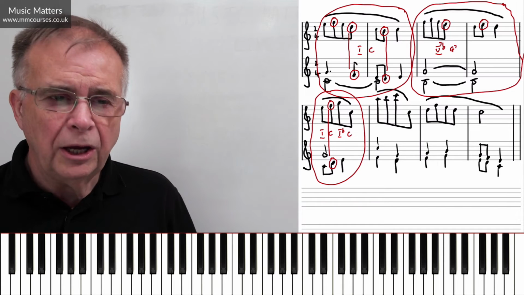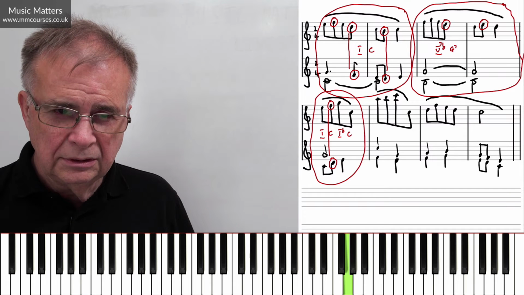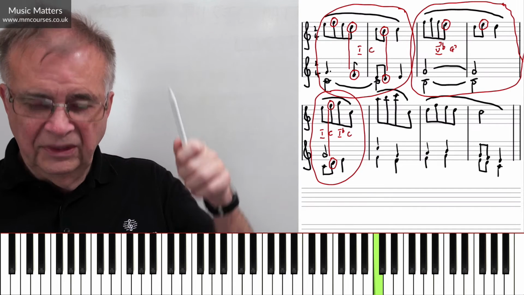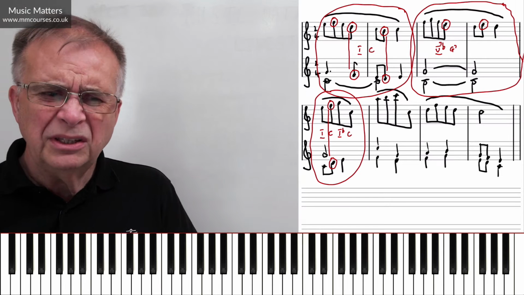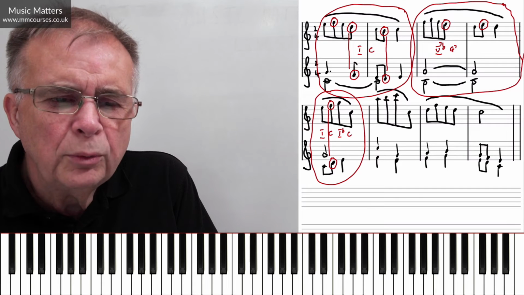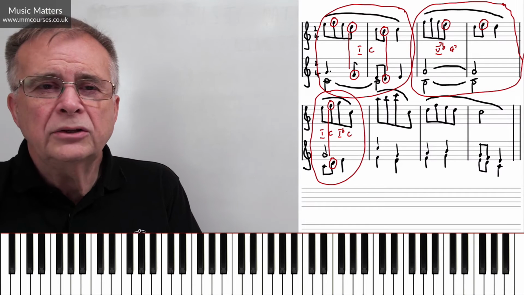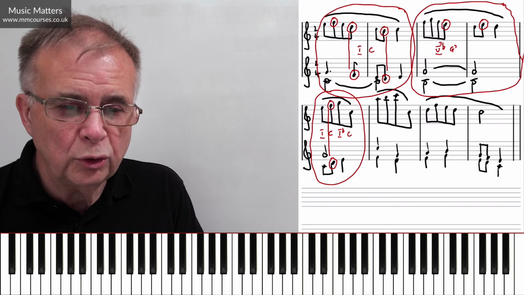Now, looking at the next part, this is another sort of hint of sequence, isn't it? If this bar we've just been looking at, bar 5, does this, we've taken the same pattern, we've gone up 4 notes. But we're leaping wider at the end of the bar. So we're thinking, well, it's the same kind of pattern, so what's going on here? But first of all, we need to know what the chords are. If you don't know what the chords are, then how do you know which notes belong to the chord and which notes don't? So always work out your chords first.